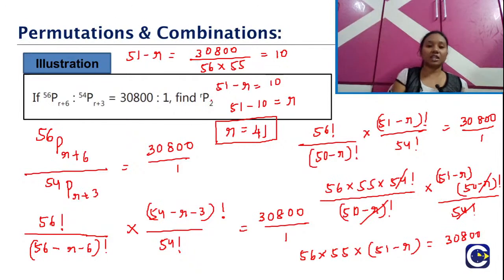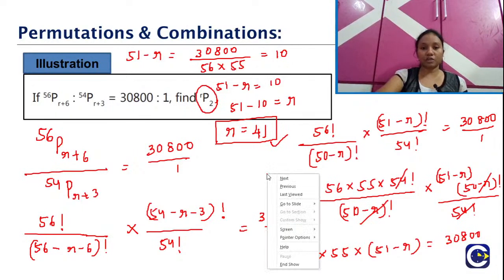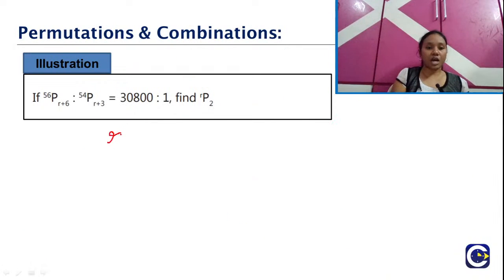But here in the question they didn't mention us to find the r value. Instead they asked here to find the value of rp2. So now we got the value of 41. So let's find the value of rp2. So r here will be equal to 41. So let's just find rp2, that is